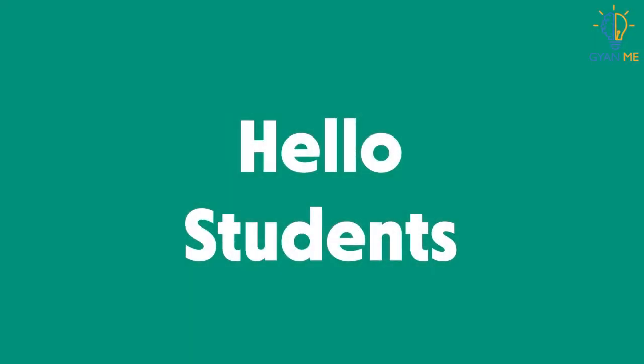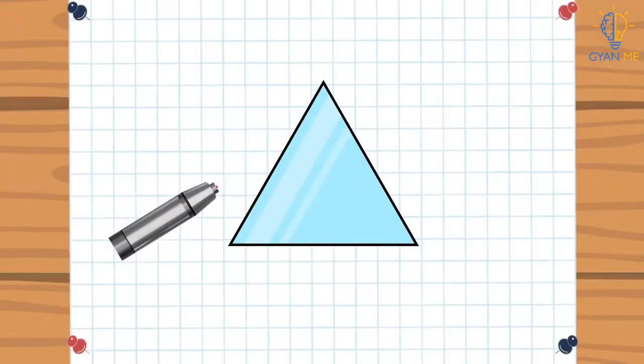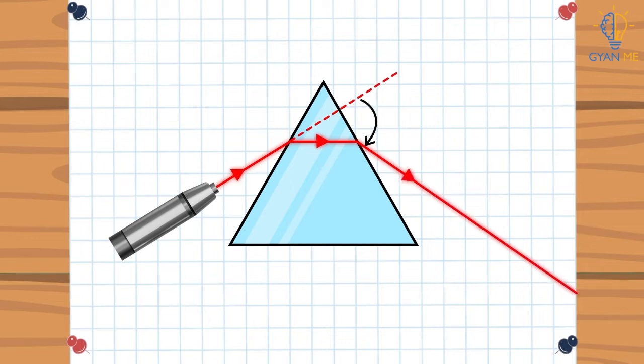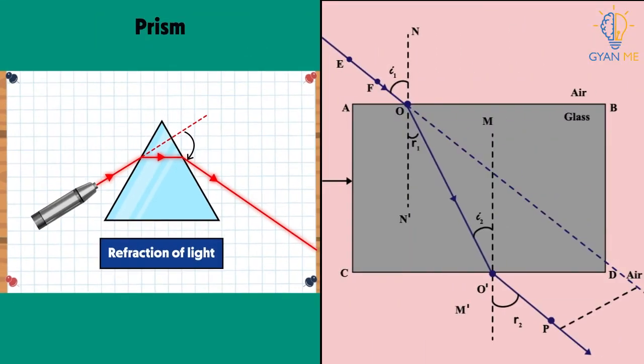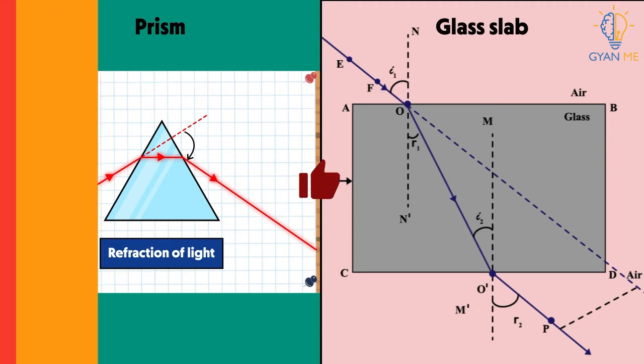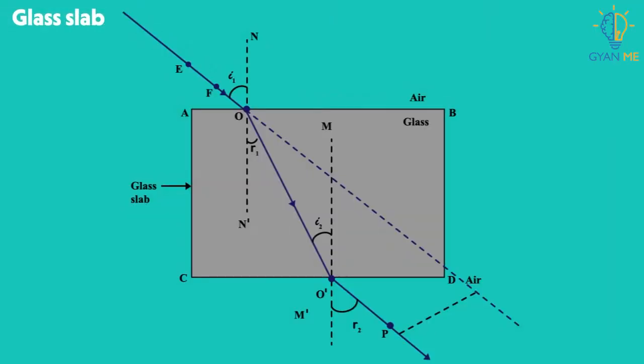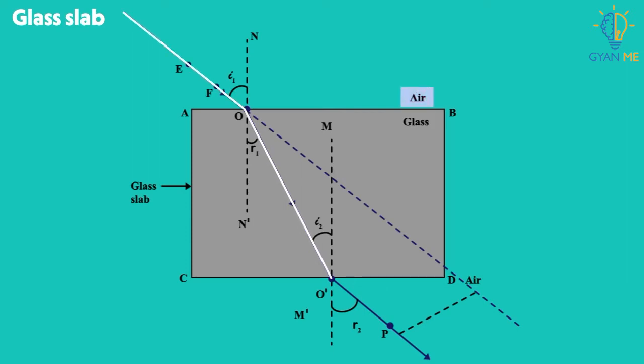Hello students! In the last video, we learned that when a laser beam passes through a prism, it bends from its path. That is, it deviates. And this is nothing but refraction of light. But I asked you, is this the refraction that happens through a glass slab? Yes. Observe here that in the glass slab, when light enters from air to inside the glass slab from the upper